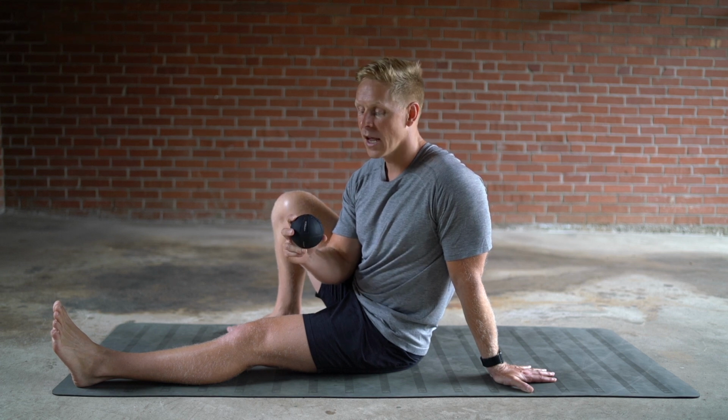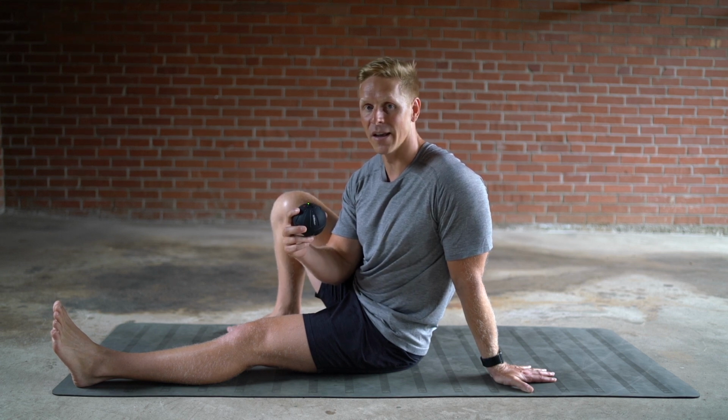So sometimes we use these strategies in the beginning of a workout for movement prep. We use them as active rest in between sets, or you can use them as a recovery tool in between sessions. It's probably more of a neurological input, and again, it's opening up a window,